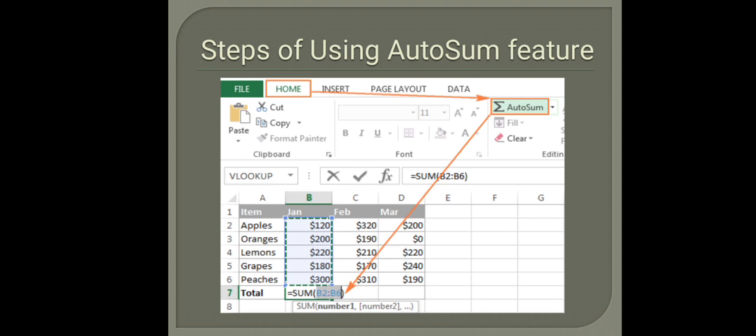When you click on auto sum, the function name will automatically be added: equal to sign, then function name sum, then the cells to be calculated, like B2 to B6. It will provide you the total of all the values between the B2 and B6 cells. After that, when you press the enter key, it will display the result.